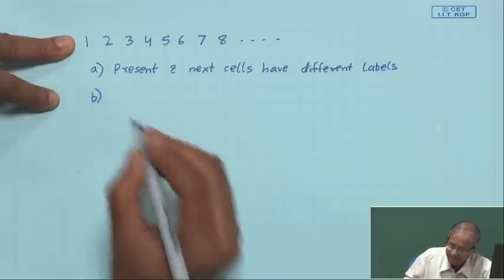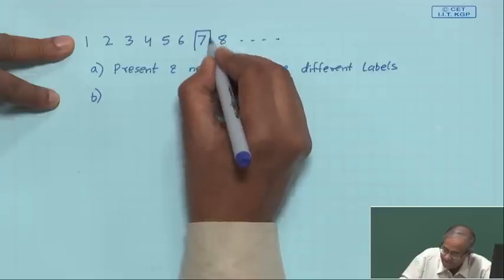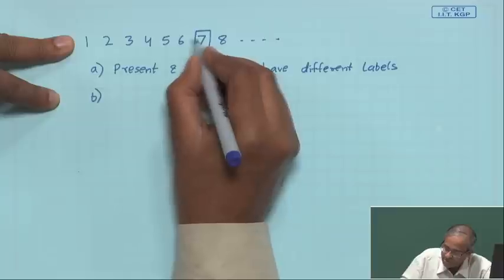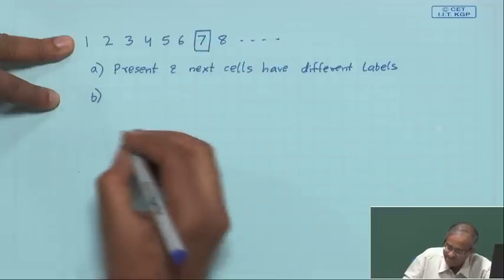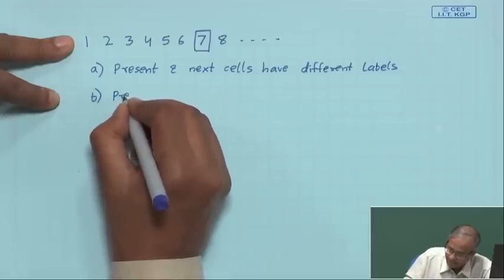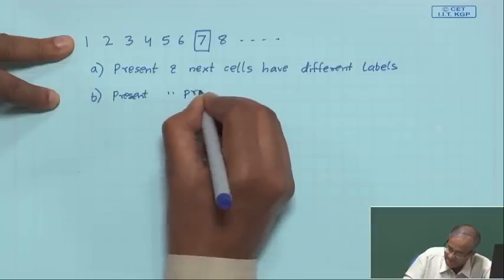And secondly, for each level, let us say 7, the cell which is just before that will be just one less than that, 6. So, present and previous cells,